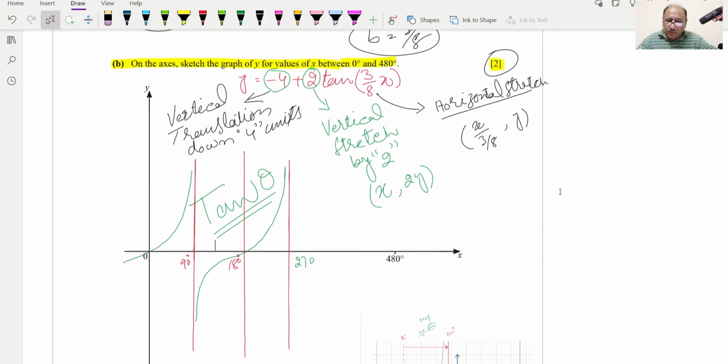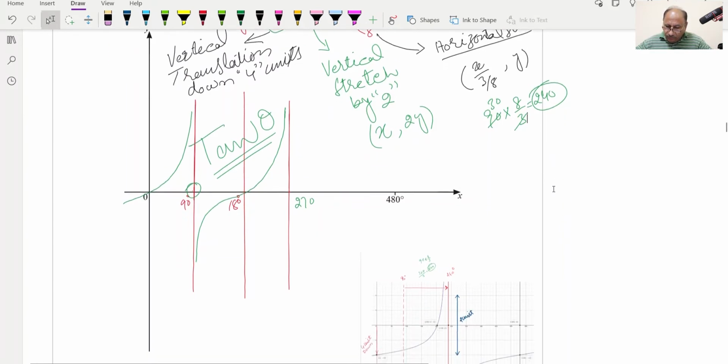We can multiply this by 8 by 3. 90 is the asymptote over here, so 90 multiplied by 8 by 3 will be equal to, 3 3s are 9, so 30, and this will be 240. So this asymptote will move to 240, and our new drawing